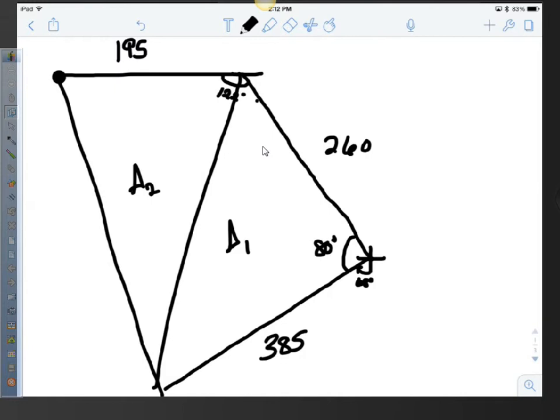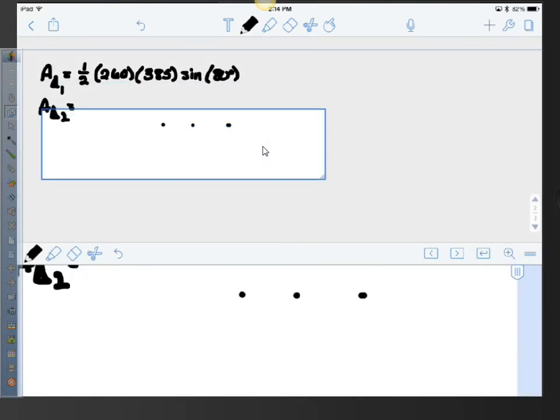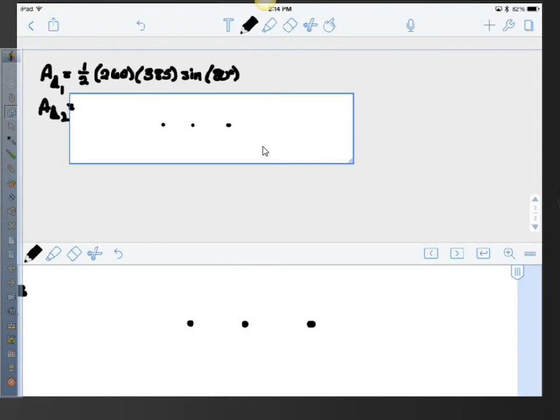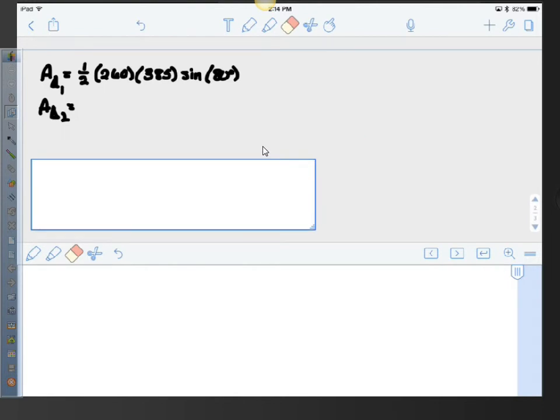So, let's use our law of cosines to find our diagonal length. I'm going to call that D for diagonal. So, let's go down. And I'm going to do all of this work below this area stuff, because ultimately right here are going to be my two areas and I'm going to add them together. We're going to say that diagonal squared is equal to, what are the two sides we've got again in triangle 1? 260 squared plus 385 squared minus 2 times 260 and 385 and the cosine of